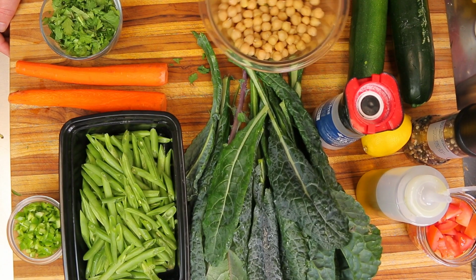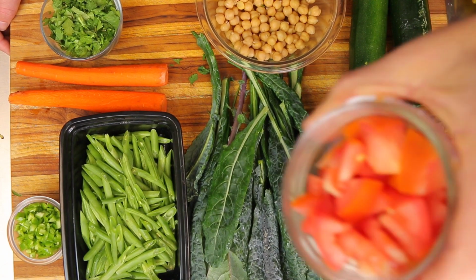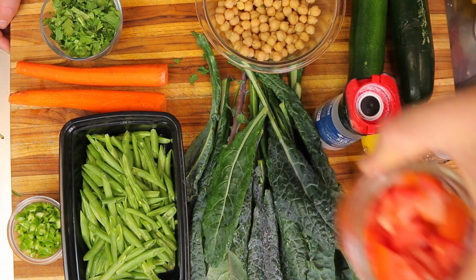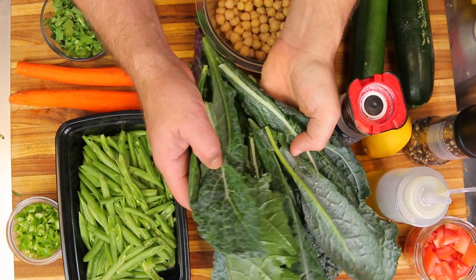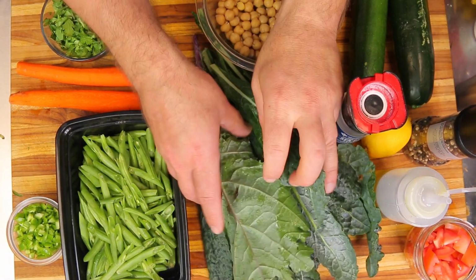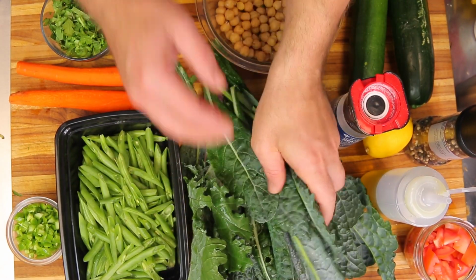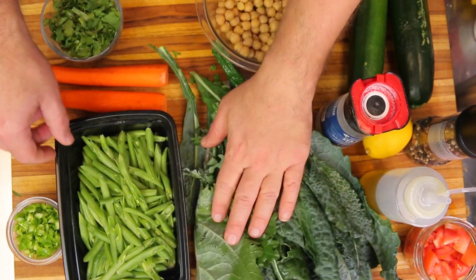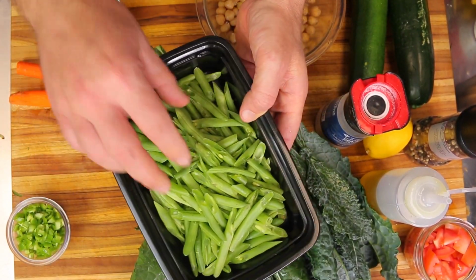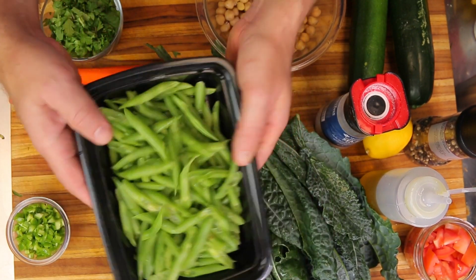Okay, so let's go over all the ingredients that we have here. Let's start with 1 tomato diced, this is a Roma tomato. I have a bunch of kale from the garden. This is actually both Russian kale and the regular type of kale you see in all the stores. I have about 3 cups of green beans that I just cut into segments,